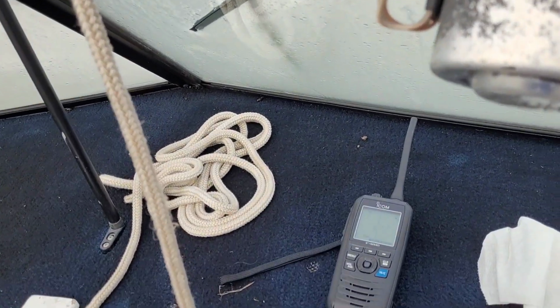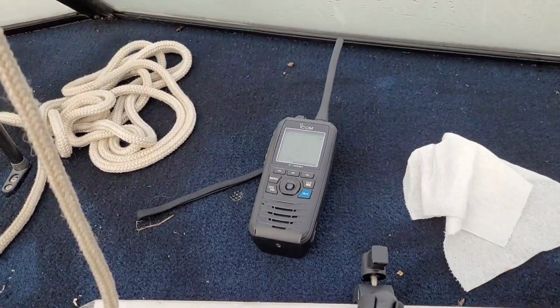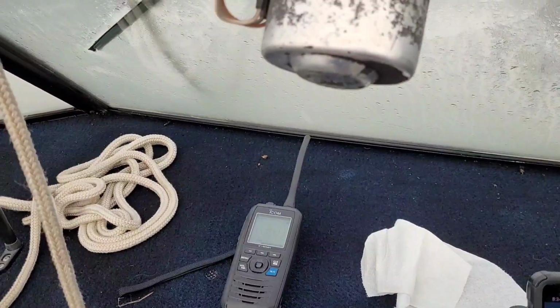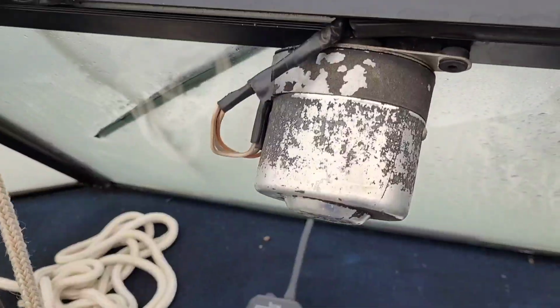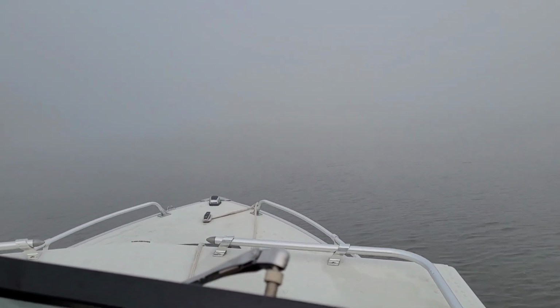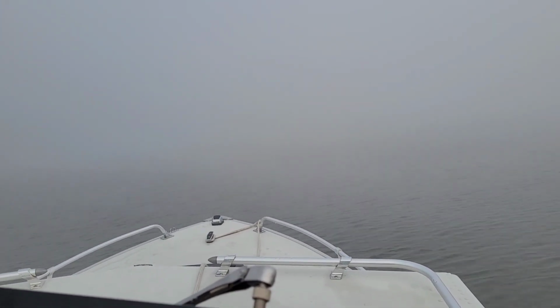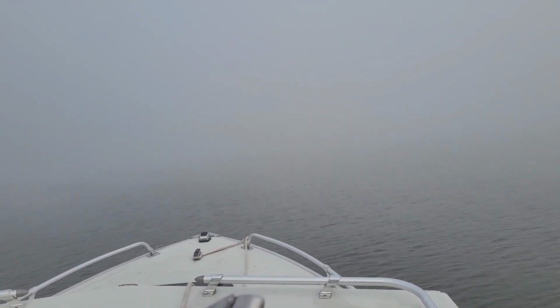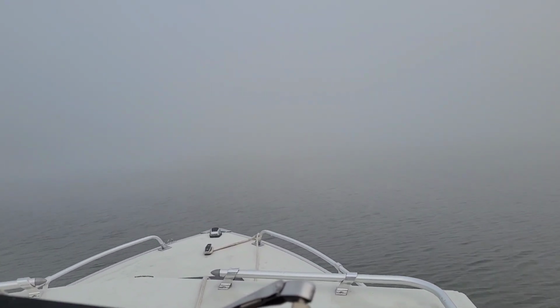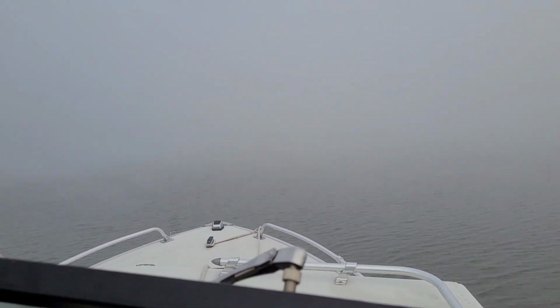According to AIS, it shows him going upriver, but he's not. He's facing downriver. I better get off of here and not run into...